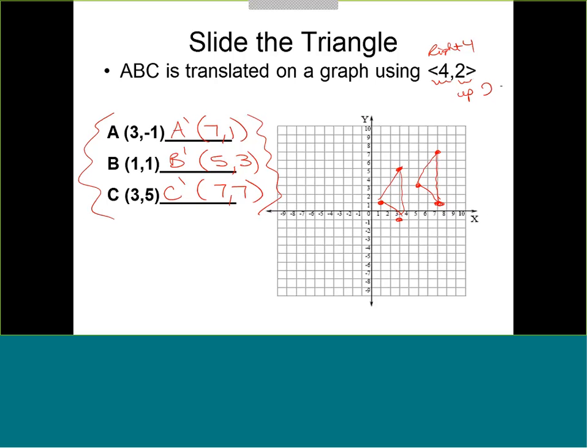All right, so in this section, we focused on the initial transformations, and then we specifically focused on translation. So with our translations, we took a look at the vector notation, the algebraic or coordinate notation, and then we also took a look at how it would be written